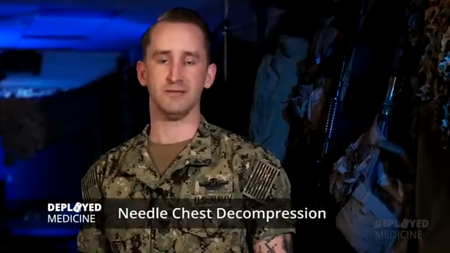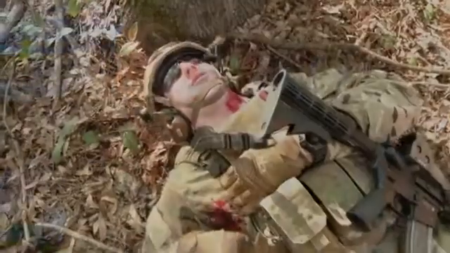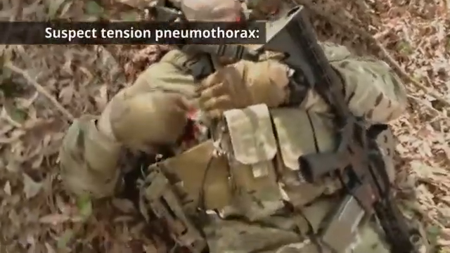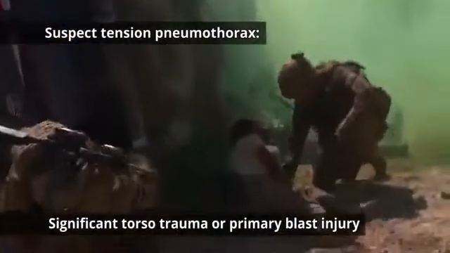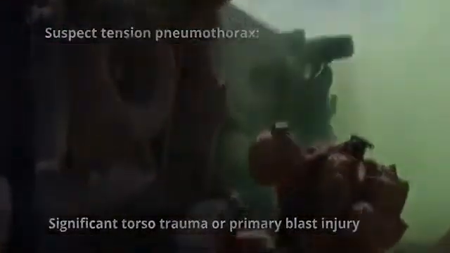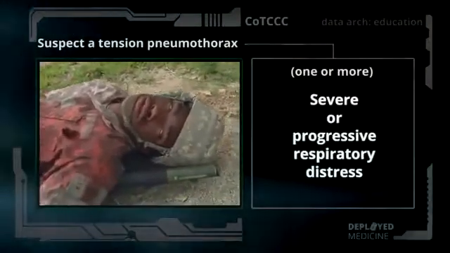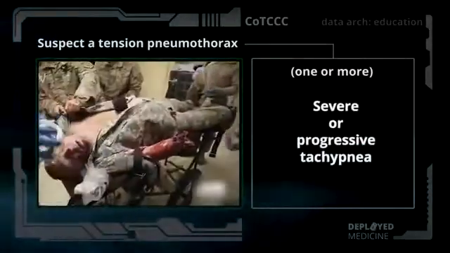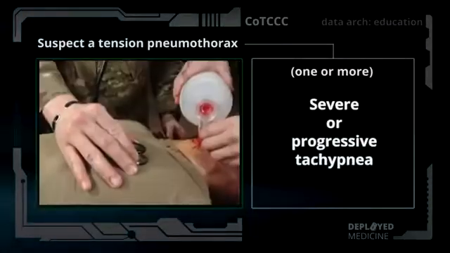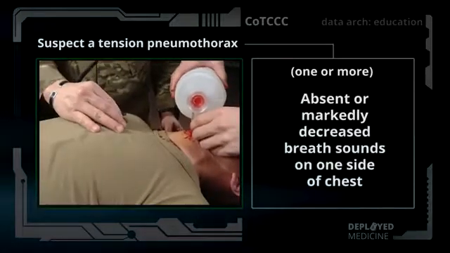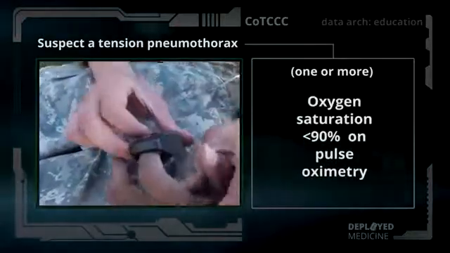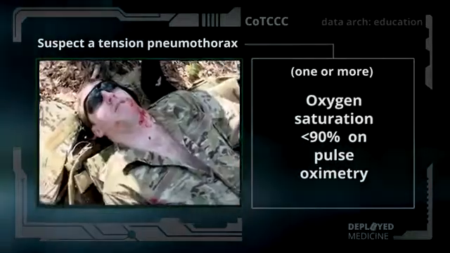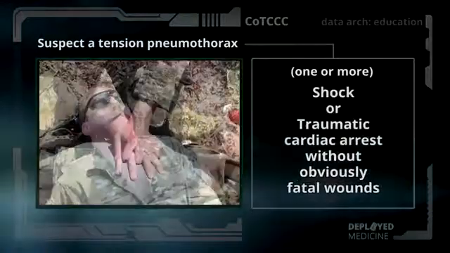Today I'm going to be teaching you about the needle chest decompression to help alleviate a tension pneumothorax in a casualty. Suspect a tension pneumothorax and treat when a casualty has significant torso trauma or primary blast injury and one or more of the following: severe or progressive respiratory distress, severe or progressive tachypnea, absent or markedly decreased breath sounds on one side of the chest, hemoglobin oxygen saturation less than 90% on pulse oximetry, shock, or traumatic cardiac arrest